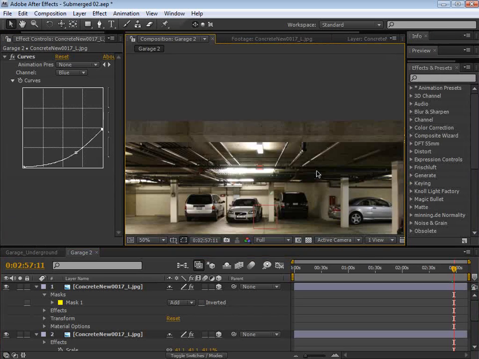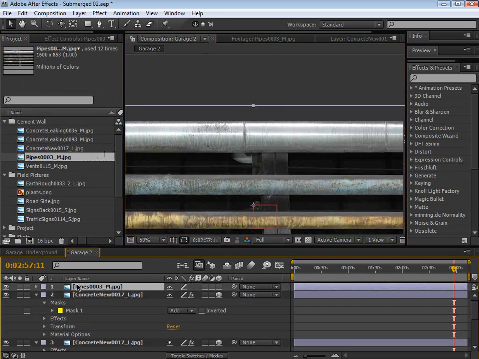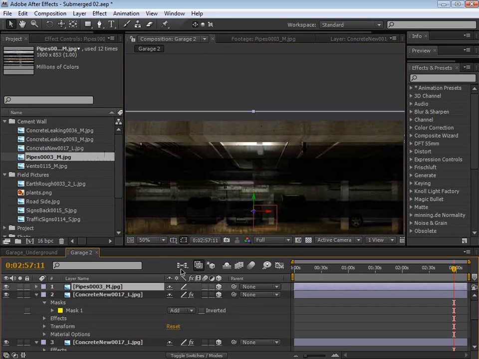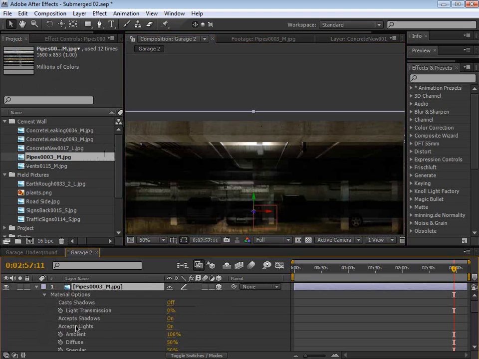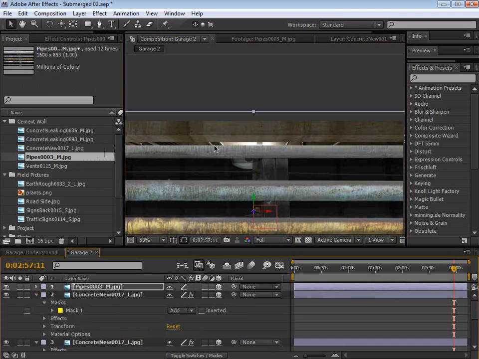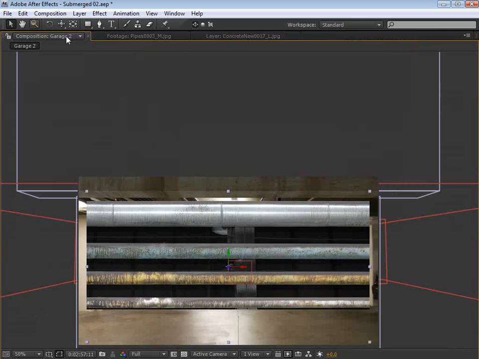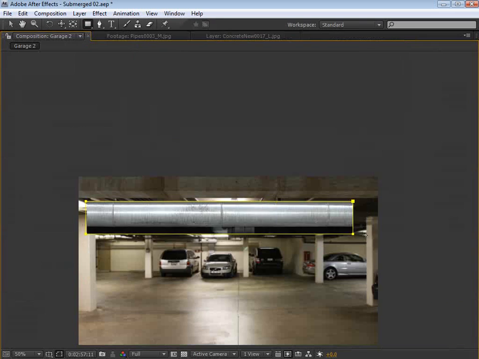Now, we also want to add some pipes. So if we go back to our project, we've got some cool pipes, and we'll bring that right out. We'll make it a 3D layer, and we'll hit AA, shut off shadows and lights. Perfect. And we're going to take the mask tool, and we're just going to mask out a couple of these pipes. So we'll take this large silver pipe,